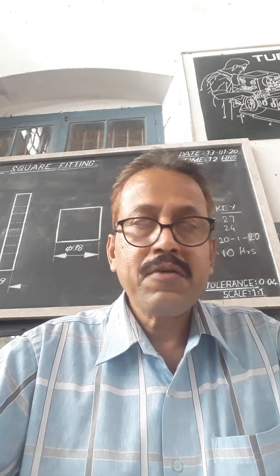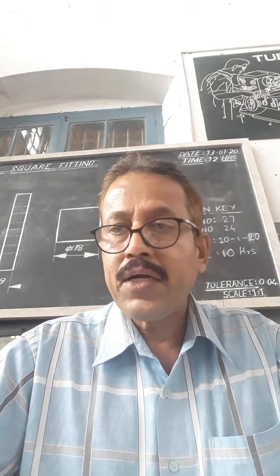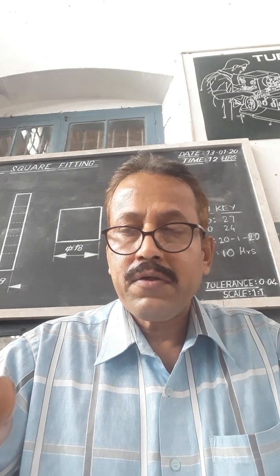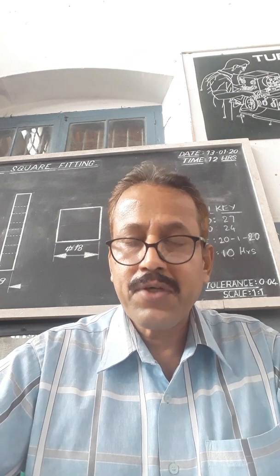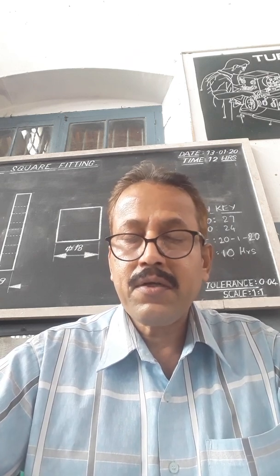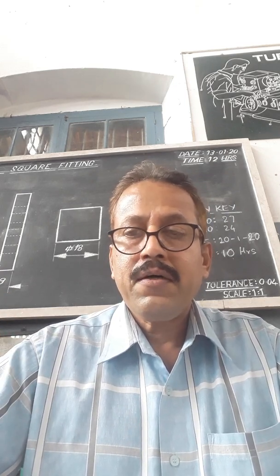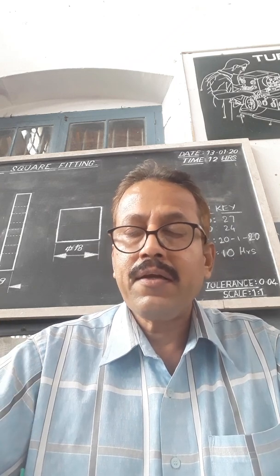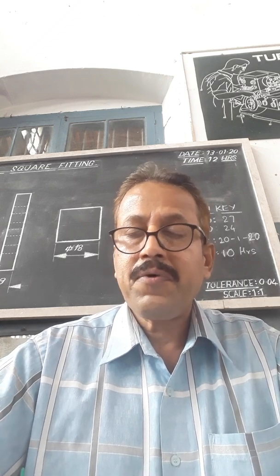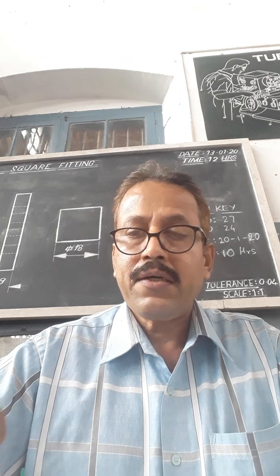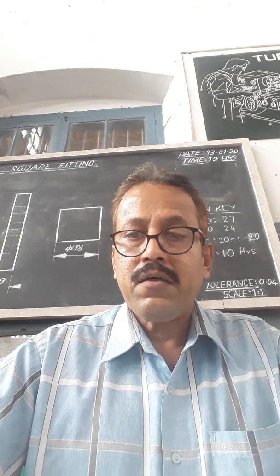And grade 2 accuracy is for the general workshop. Generally, in the workshop, if checking is required, grade 2 accuracy slip gauge sets are used. So that means there are four grades of slip gauges: grade 00, grade 0, grade 1 and grade 2. Grade 00 is used for calibration of the other sets, and grade 0 is used for inspection purposes.